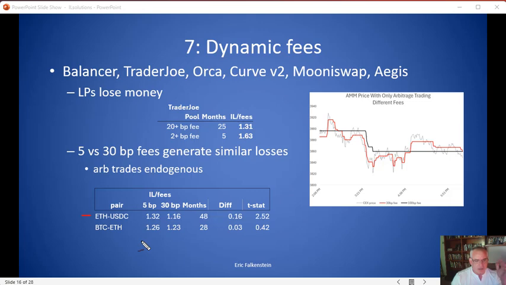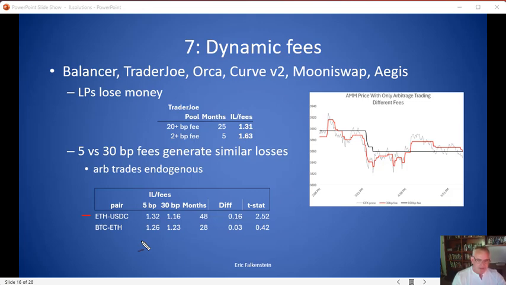Traders, the ARBs, shouldn't be treated exogenously. They're endogenous to the system. They react to the fees. And for the outsider looking at the fee move around all day, it might seem like, oh, well, the fee changes and they're not going to react. In the same way that an ARB knows that this is a 5 basis point pool, so I'm going to trade up to 5 basis points,